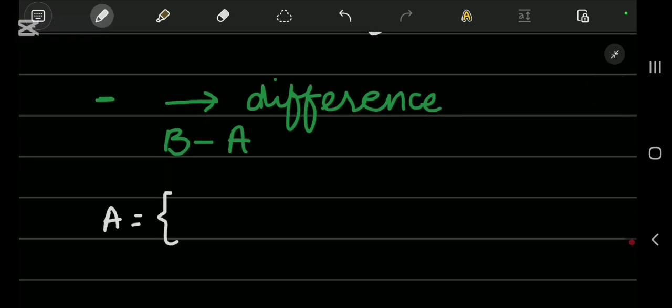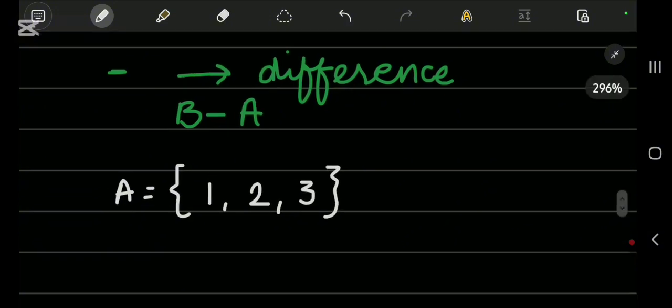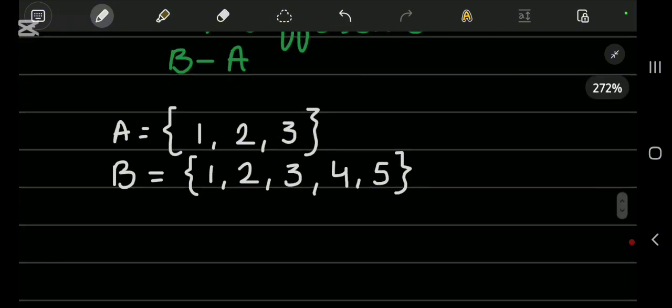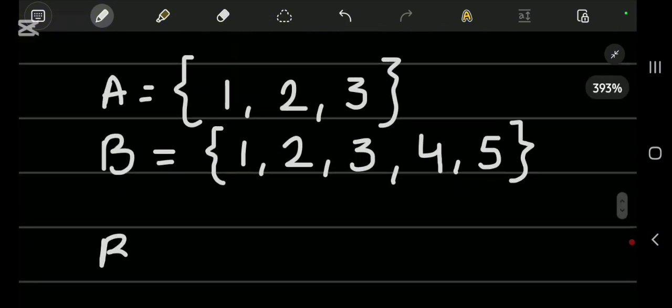You have a set A with elements 1, 2 and 3, and your set B is 1, 2, 3, 4 and 5. So B minus A means